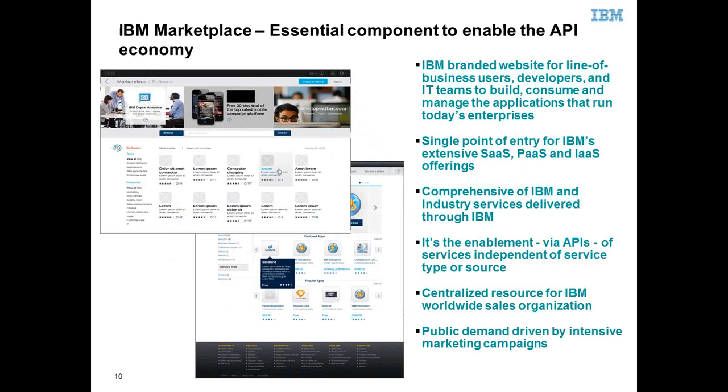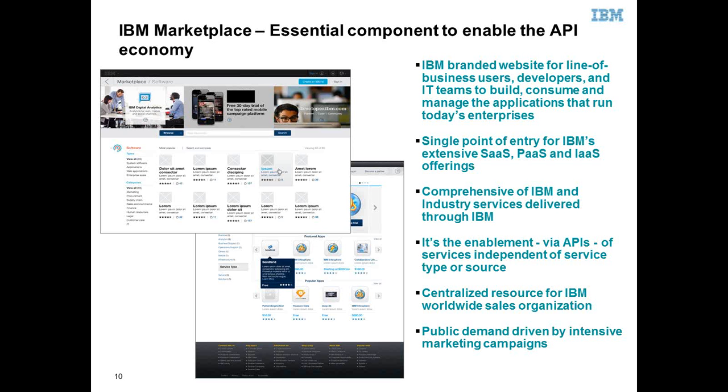IBM's offering for the API economy is called IBM Marketplace. This is still in the early stages, so it's not something we sell from IBM. It's like a community place where all the services which can be leveraged for the development will be put together in one place like a catalog.